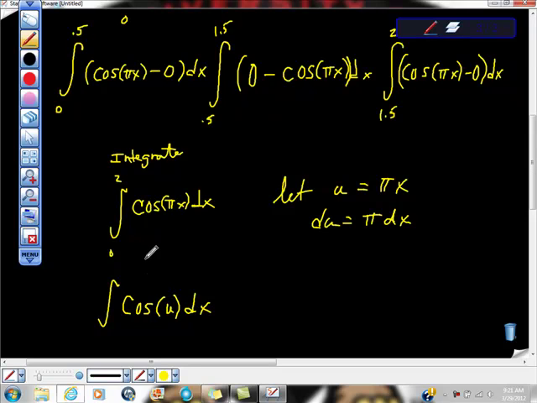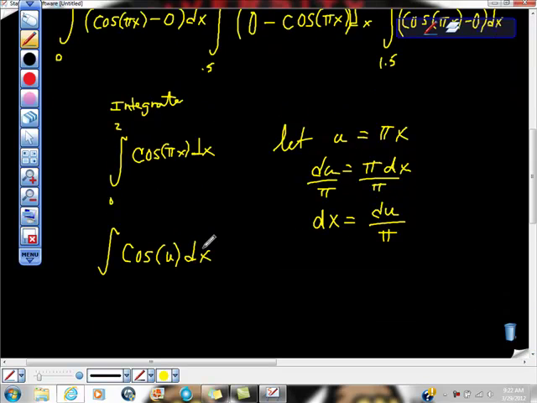So what we have here is a function that is mixed. It's in the form of u and dx. That doesn't help us. So we want to get everything in the form of u. So I'm going to divide both sides by pi, and look, we get dx is equal to du over pi, don't we? So now we can do our replacement. I'm going to replace dx. It says here dx is du over pi. So we have du over pi